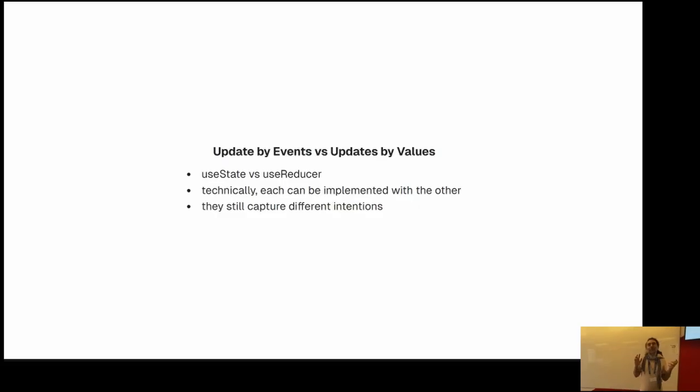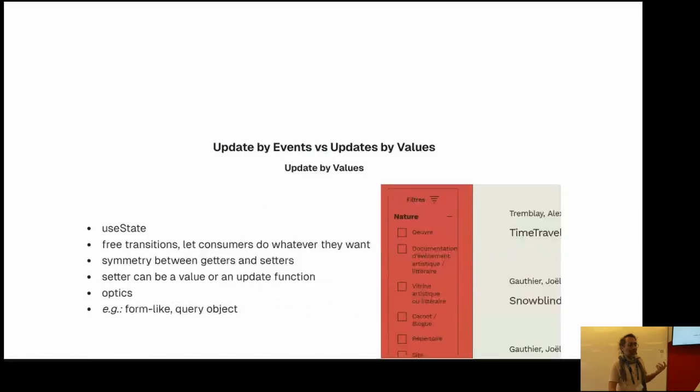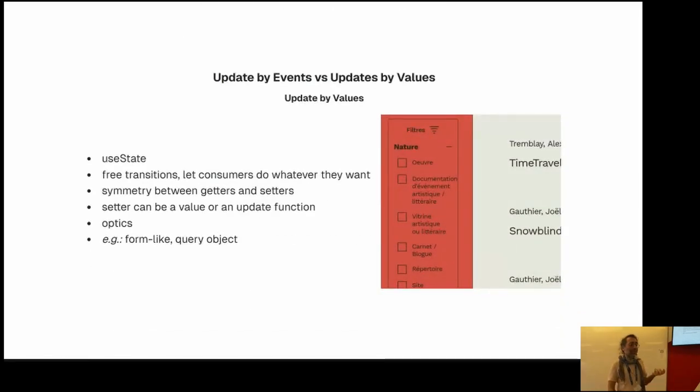So I think there's a distinction which is really well captured by the contrast between useState and useReducer. Technically you can use either in place of the other, but they do capture different intentions. On the useState side of things, we're updating by values, meaning you have values in, values out. They do have the same typing. From a business logic side of things,